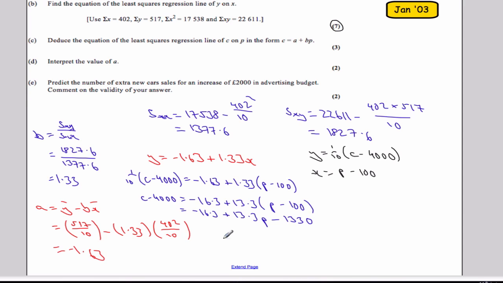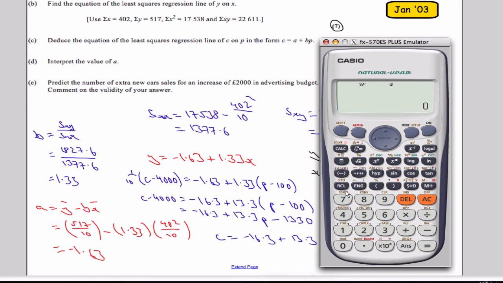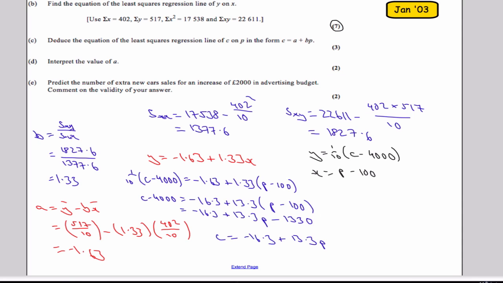I'm going to add 4,000 to both sides, so I get C equals minus 16.3 plus 13.3p. When I add 4,000 onto this, let me use the calculator here, make sure I make no mistakes. 4,000 minus 1330, I get 2670